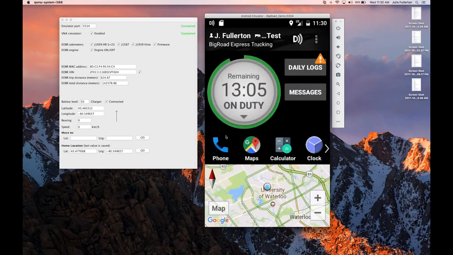So roadside inspection, it is very important to note that your drivers do need to have a copy of the BigRoad driver card in the truck with them at all times. If DOT asks for that card and your driver cannot provide it, they will be in violation. So driver cards, they can be found on our website, or we do send them out with all DashLinks as well. So roadside inspection, you'll go into daily logs,